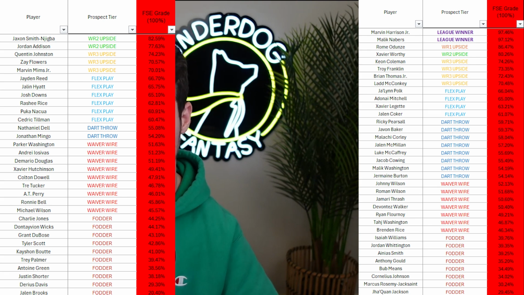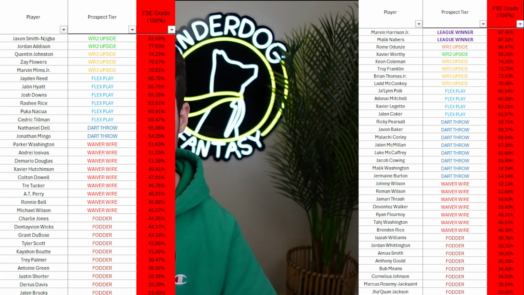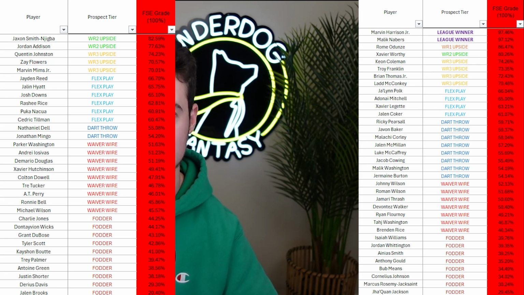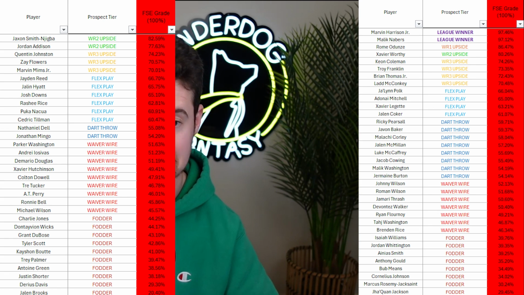In round 2 of your rookie draft, you want to be taking wide receivers. In round 3, you want to be taking wide receivers. That's just the way that this class works. And when we compare it to last year's class, we can see that only 11 wide receivers were flex plays or better, and no wide receiver 1 upside prospects, no league winner prospects. So that kind of shows contextually that this class was way better than last year's class, because according to this,